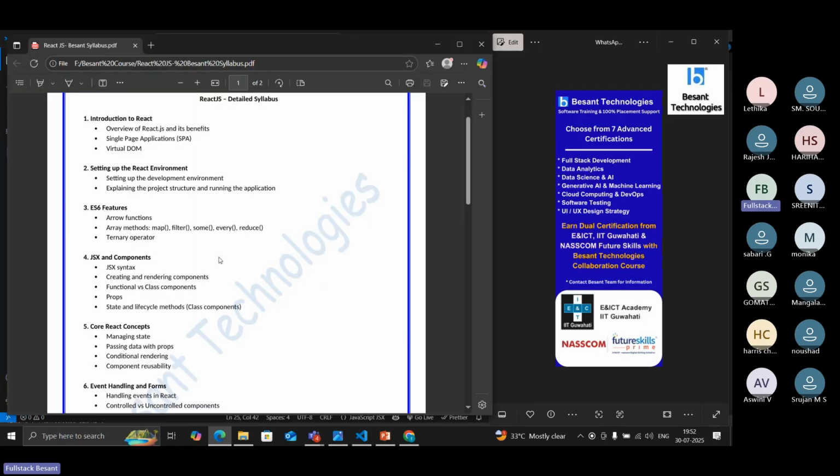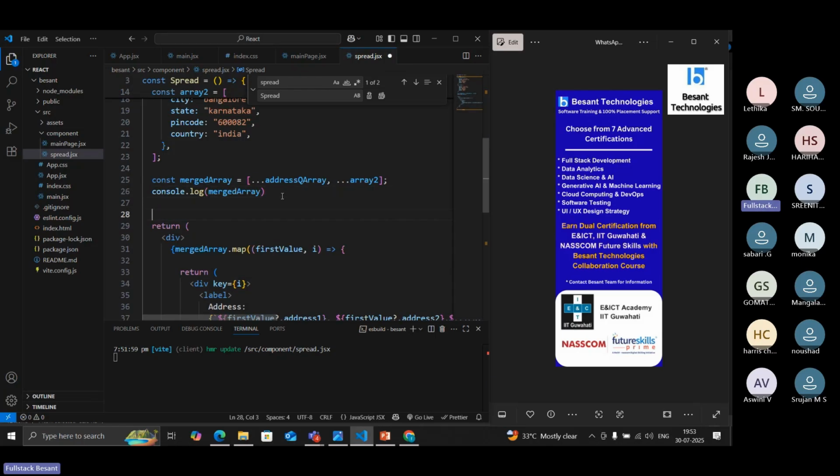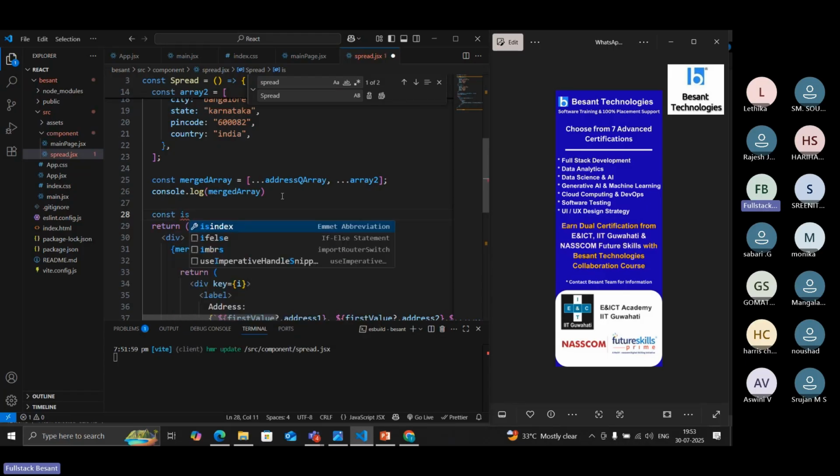So we have done with ES6, and there is another thing I just forgot to tell, that is the ternary operator. Let me go with the ternary operator now. Give me a second. How am I going to write it? I'm going to call that with a Boolean one. For an example, const loggedIn equals